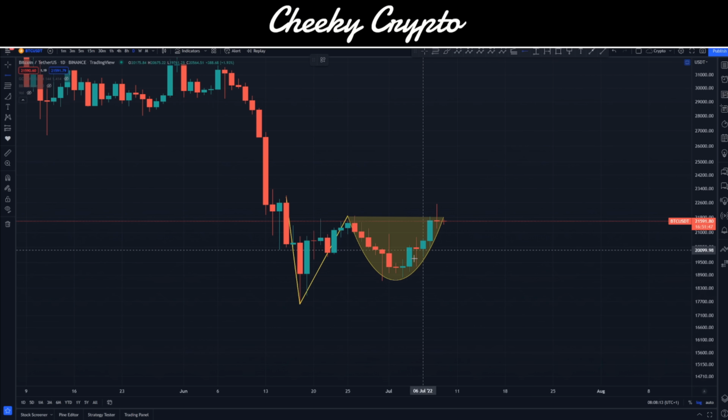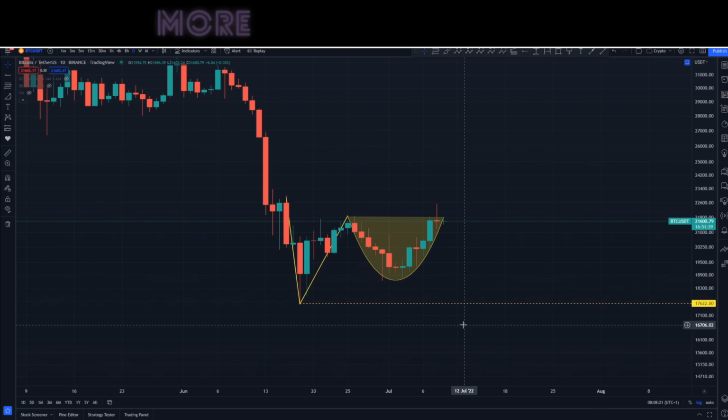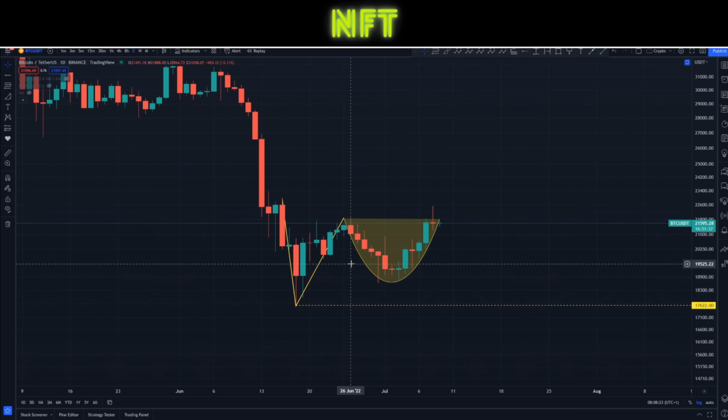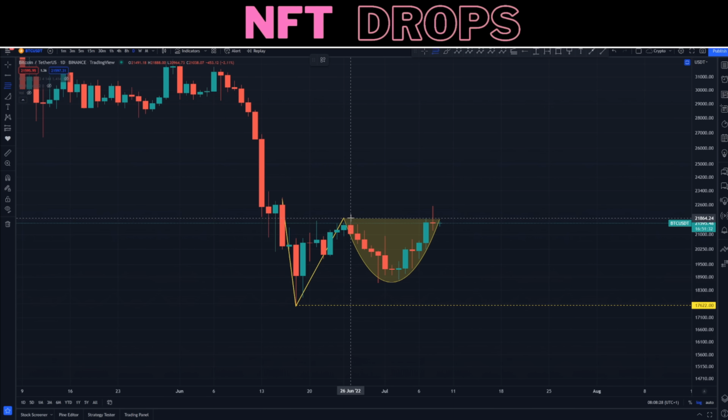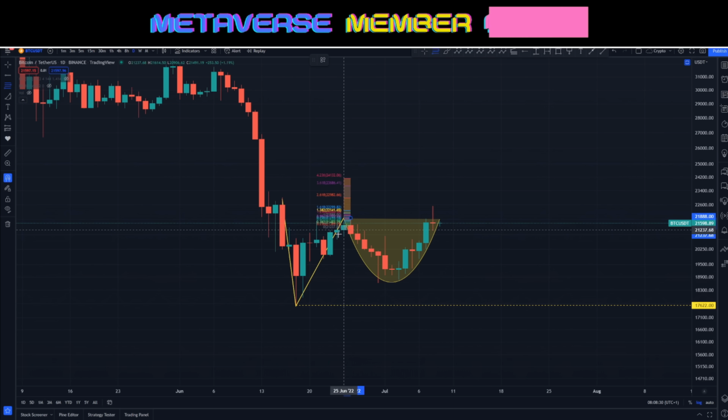Now, as I said earlier, with Adam and Eve, it's a double bottom pattern, which would mean this arc should be touching 17,622, which it does not. It's actually got quite a significant gap. So if we go ahead and measure this area, taking it from the top to the